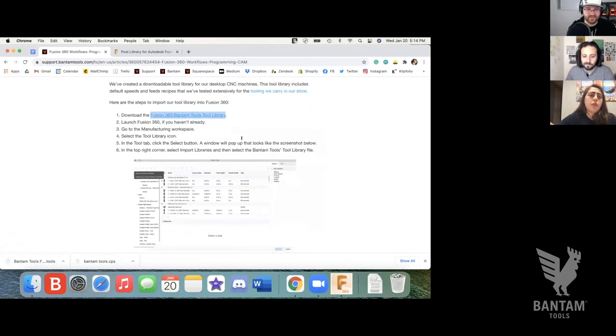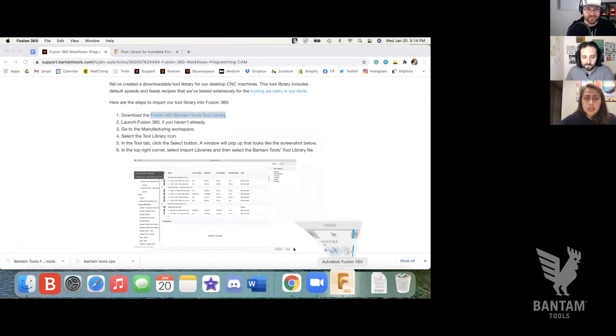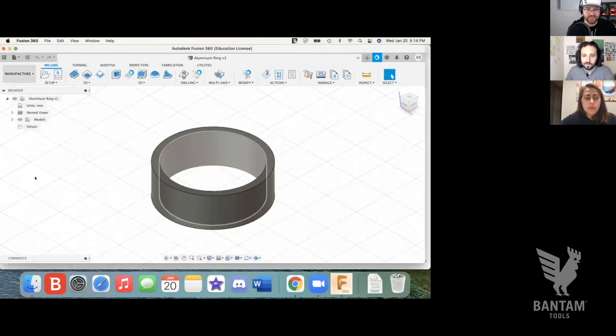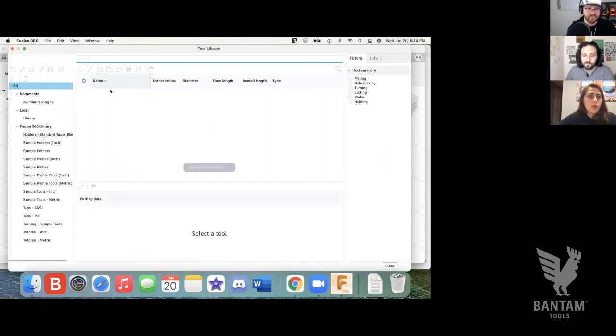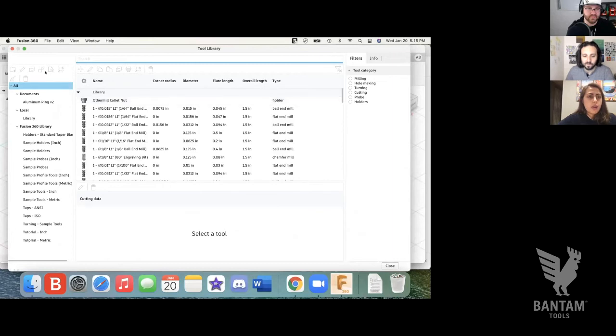Then in Fusion 360, you'd be in the manufacturing tab. If we went into the tool library where Tony just was, you will see import. It's contextual, it depends on what you have highlighted. Yep, import. Once you've downloaded the tool library from our Programming CAM support guide,